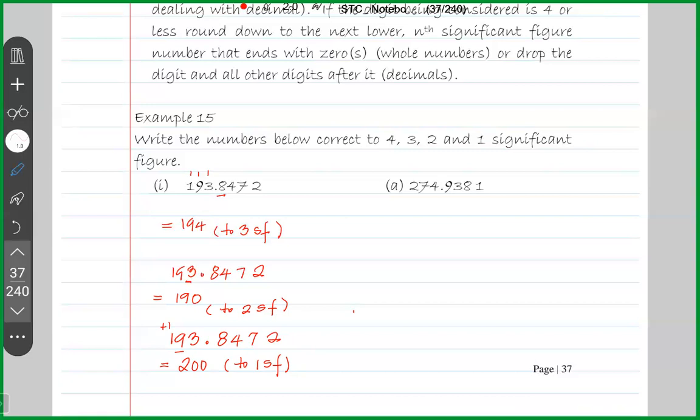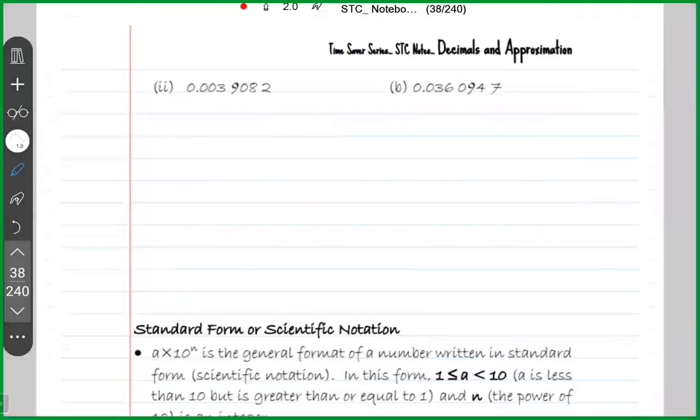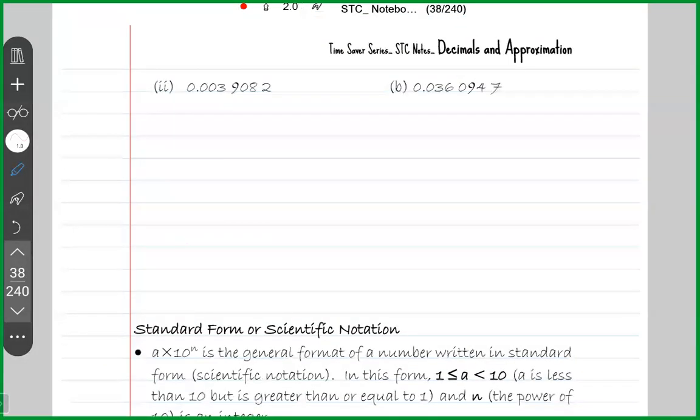Again, in the number 200, there's only 1 significant figure, the 2. The two zeros that follow the 2 are not significant. Trailing zeros in a whole number are not significant. All right, so let's have a go at a decimal. I'm going to do